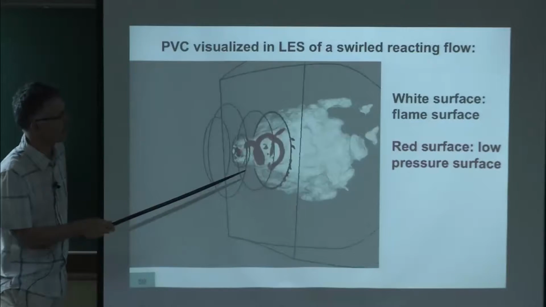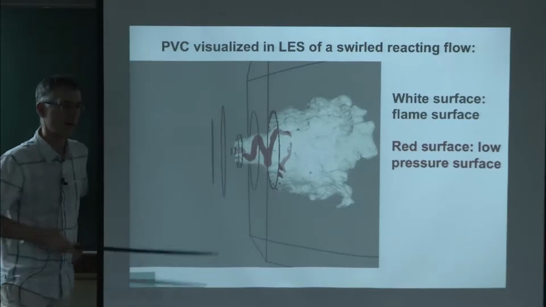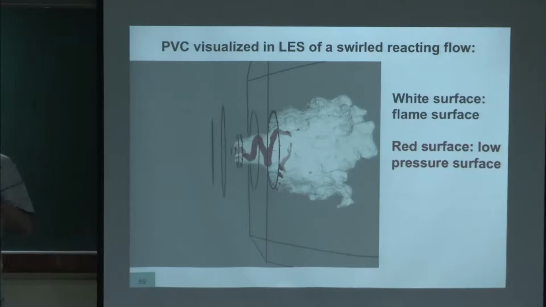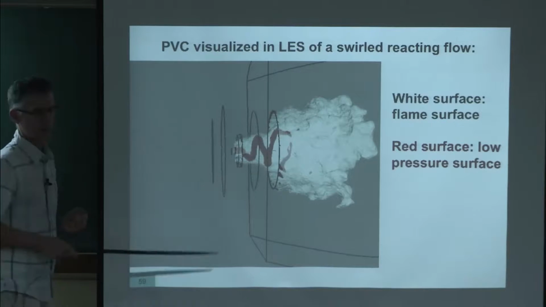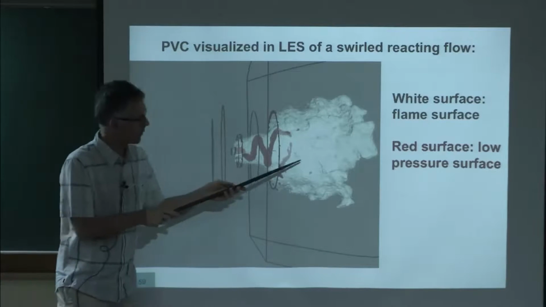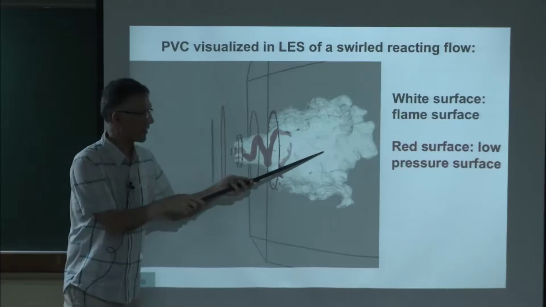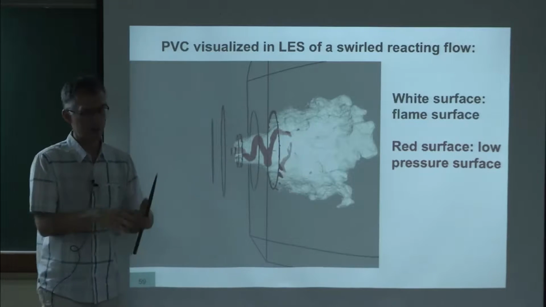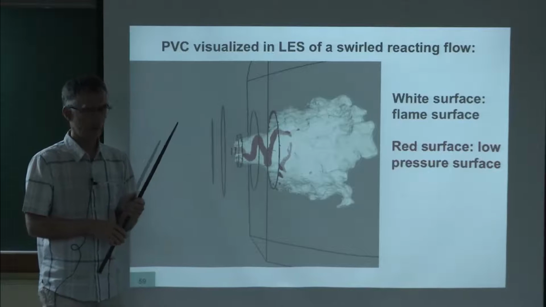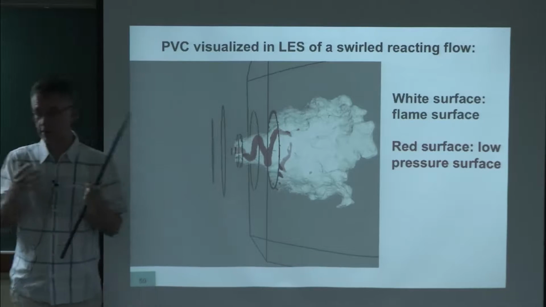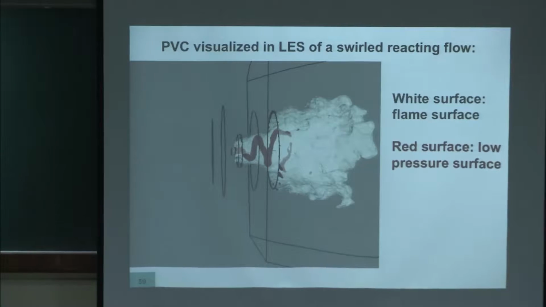Sometimes the flame is not able to go into the zone where the PVC is taking place. So there is a competition all the time in those flames between the PVC and the flame itself. Why? Well, if the flame is able to come here and the PVC is not very strong, because these gases are very viscous, it will kill the PVC. Okay. But not always. It's not a rule. I will give you many examples today where it can go one way or another.